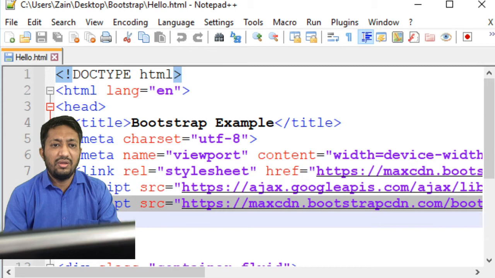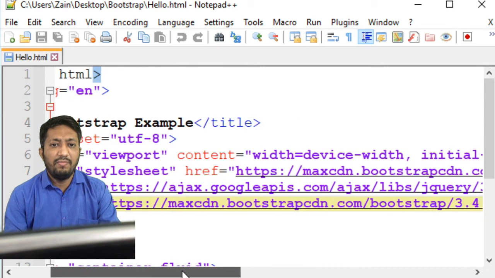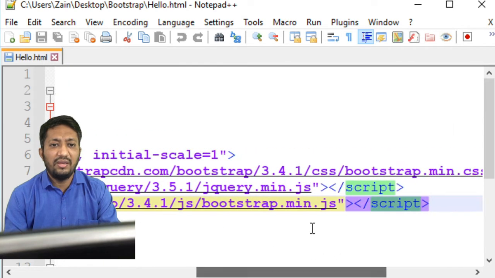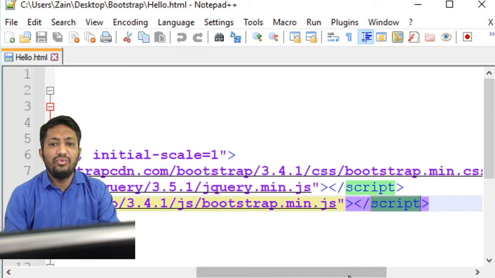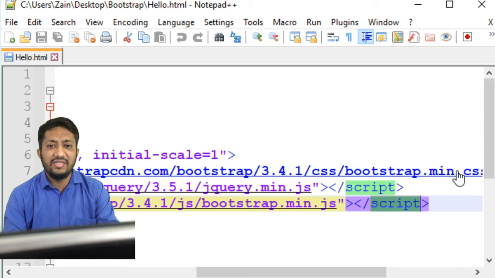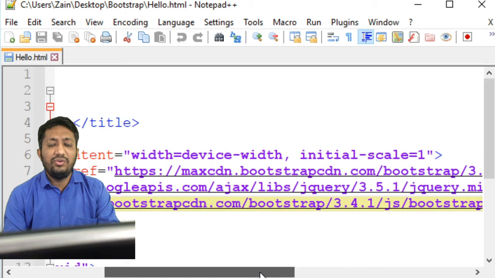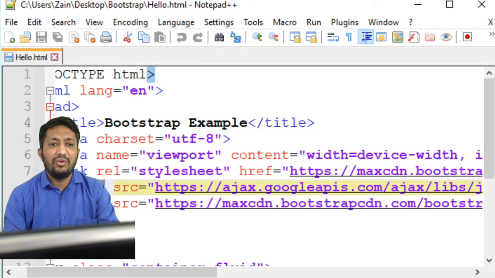Just concentrate on this line: script src is equal to maxcdn.bootstrapcdn.com/bootstrap, and then in the JS folder, from the JS folder we are getting bootstrap.min.js. These are the basic two files we require for Bootstrap programming, one CSS file and one JS file. jQuery is also used by Bootstrap, that's why that API is included here.